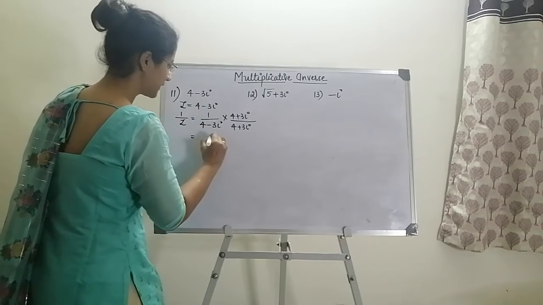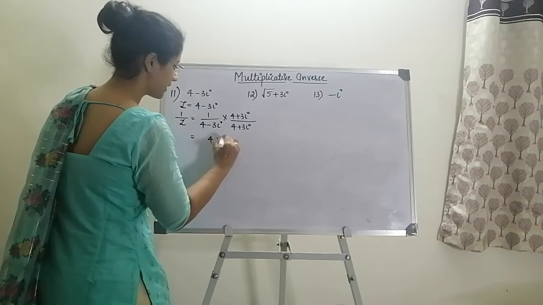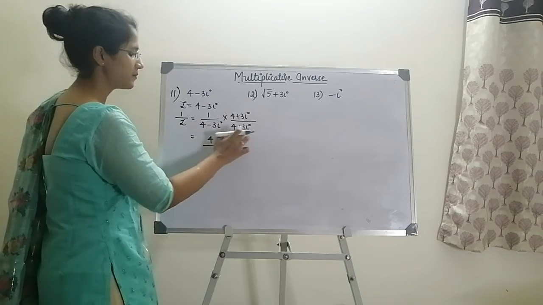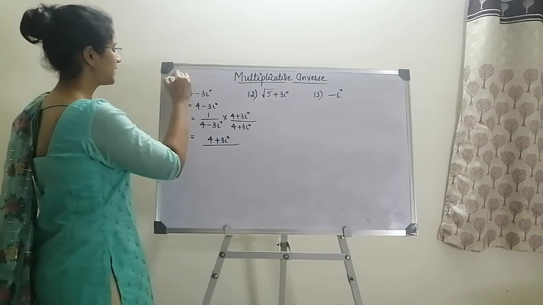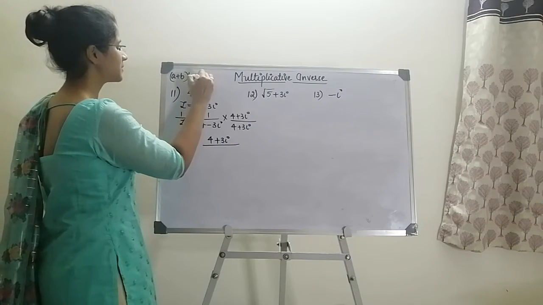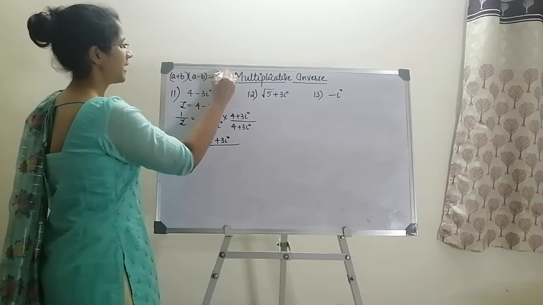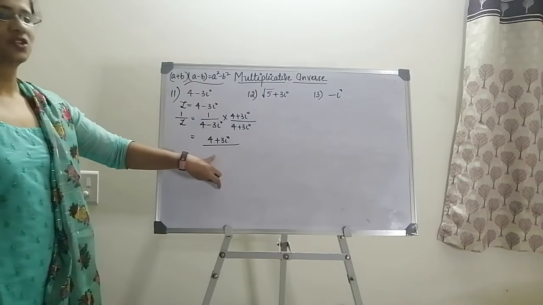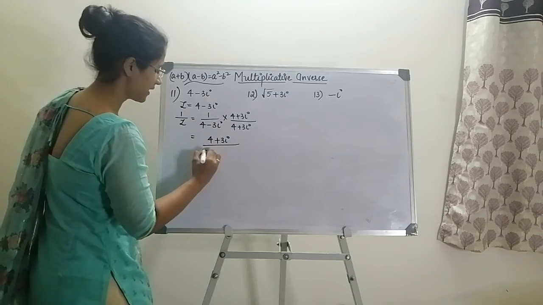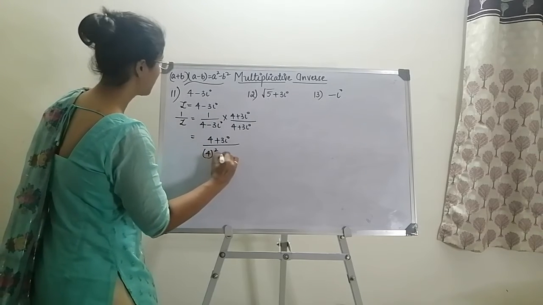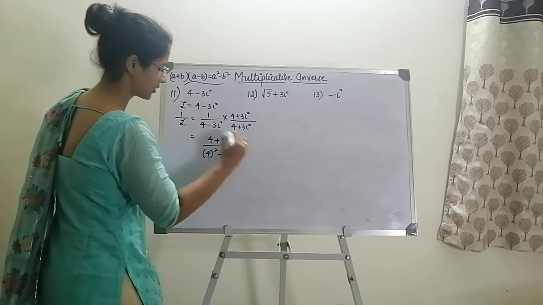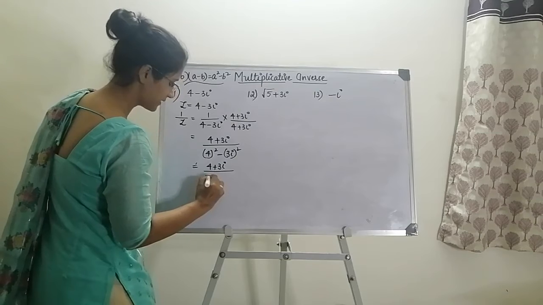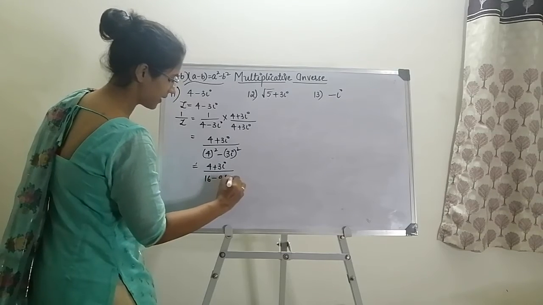Start multiplying the numerator. I will get this as 4 plus 3i divided by. Now the denominator resembles a plus b into a minus b. So what is the a plus b into a minus b formula? It is equal to a square minus b square. We will make use of this identity, substitute in the denominator. So a square minus b square is 4 square minus 3i the whole square, which is nothing but 4 plus 3i divided by 16 minus 9 minus 1.